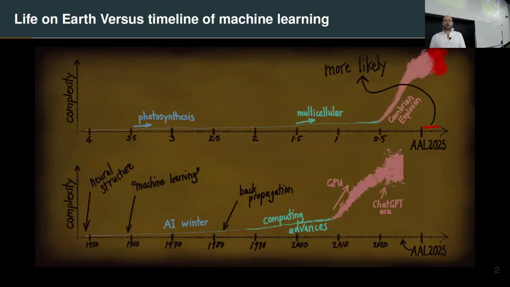So I wanted to compare this to the timeline of machine learning, which doesn't go back quite as far, but it seems like neural structures started to emerge in the late 1940s. Of course, computers have only been around for a few nanoseconds at this point. The word machine learning first appears, apparently, about 1959. And there was fairly slow progress, partly because computers weren't very good. But really, perhaps they could have been a little bit better had people cottoned onto the right ideas.